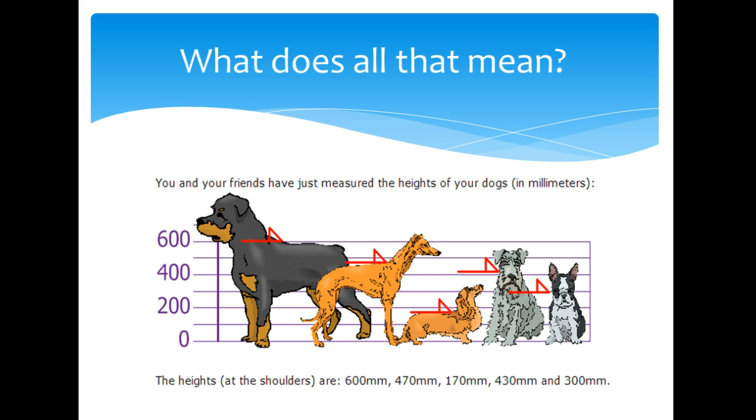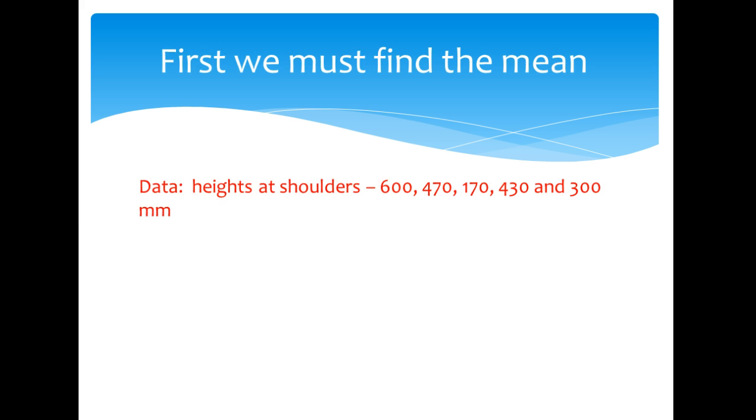So what does all this mean? If you take some data, so here we have a set of data where they've calculated or measured the height at the shoulders of these different dogs, different breeds of dog. So we have a height of 600 millimeters, we have 470, we have 170, 430, and 300. So if we wanted to talk about the relationship in the heights of these dogs, we might want to find the standard deviation. So we're going to start with the data of the heights at the shoulders, and those are